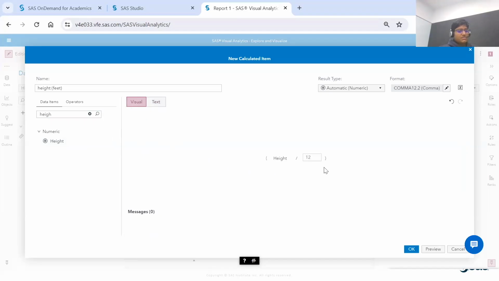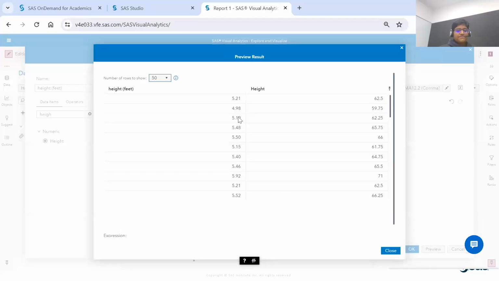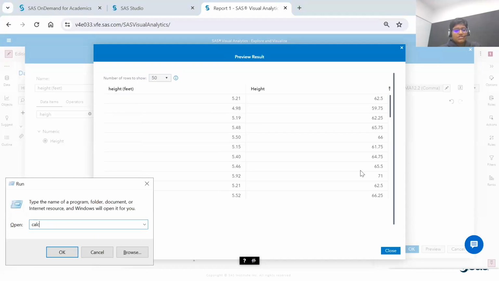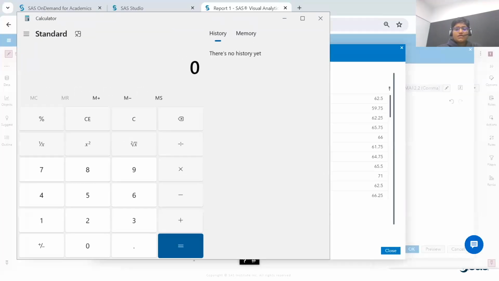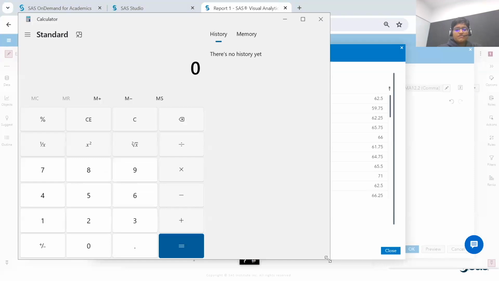Now, once this logic is plugged in, you do notice no errors are coming up, so messages are 0. You can go ahead and click on preview. You get to see about 50 observations. To check if your height got calculated appropriately, you can do a manual calculation to cross-check if your values are right. So here we ended up using the logic,